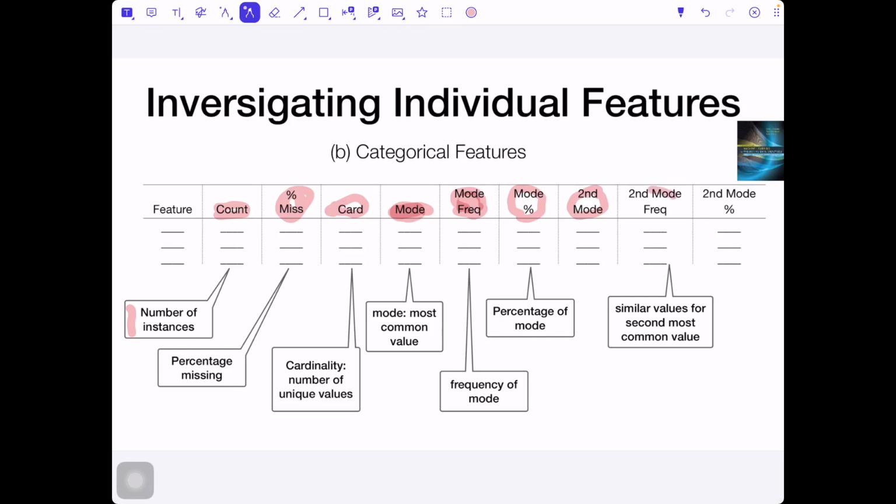In our refrigerator colors case, yellow and green will have the second mode. Their frequency will be 3, and the percentage will be 30%.